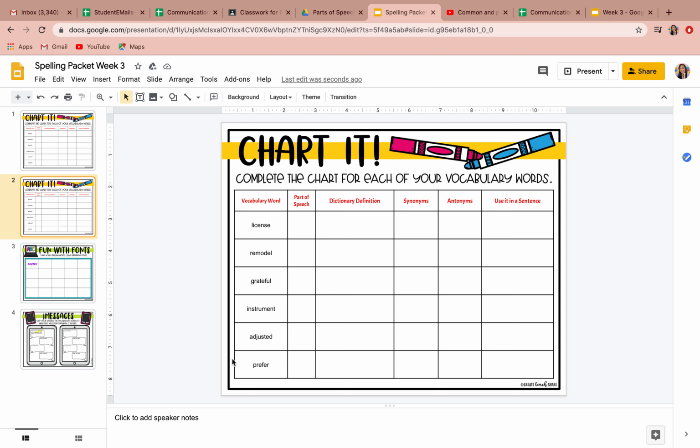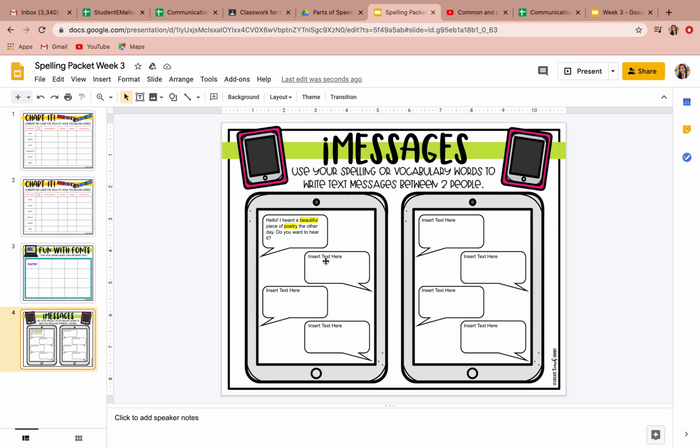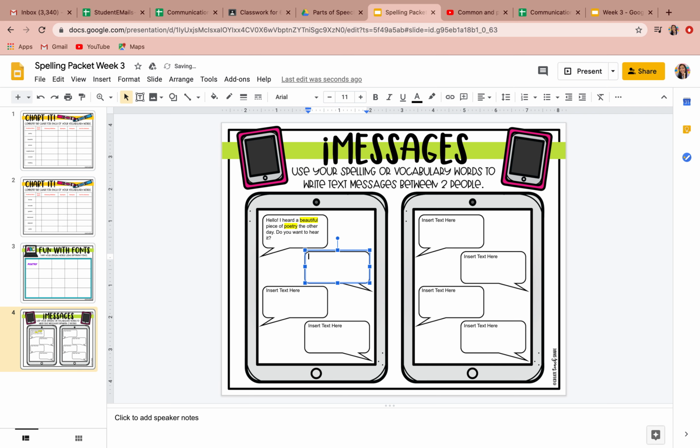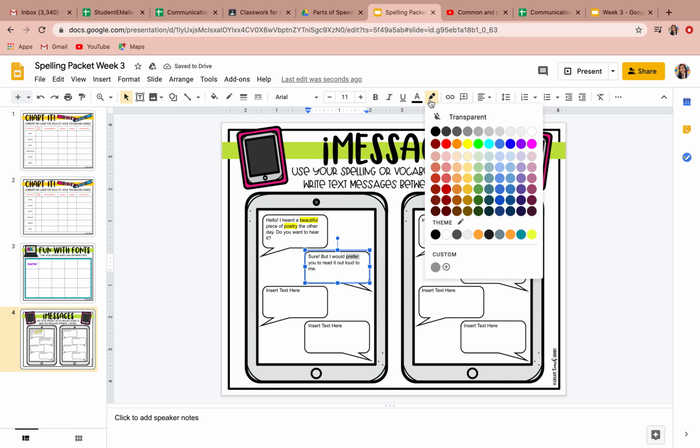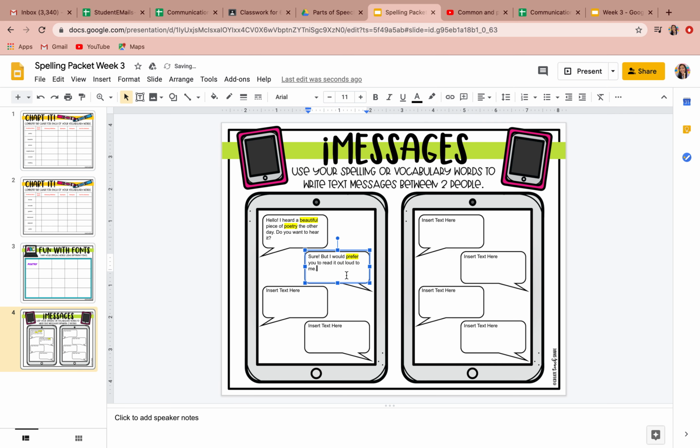Maybe I'll use the word prefer because prefer means that you would rather or you would like to do something more. So maybe I could say, sure, but I would prefer you to read it out loud to me. And then you're going to highlight that word. You don't have to use all of your spelling words or your vocabulary words, but I want at least one in each of the boxes. And remember, it has to be a conversation, so you have to try to make sure it makes